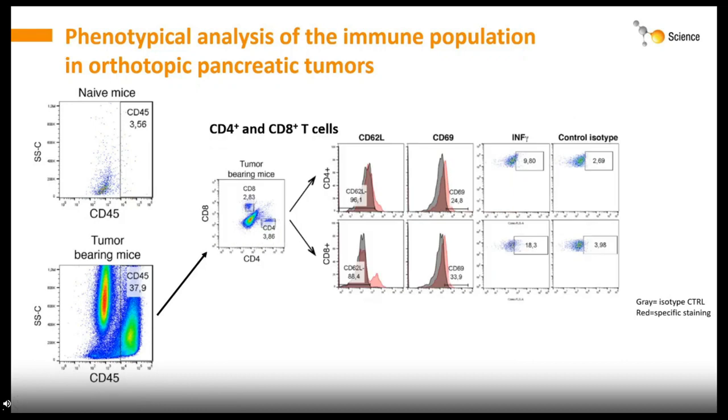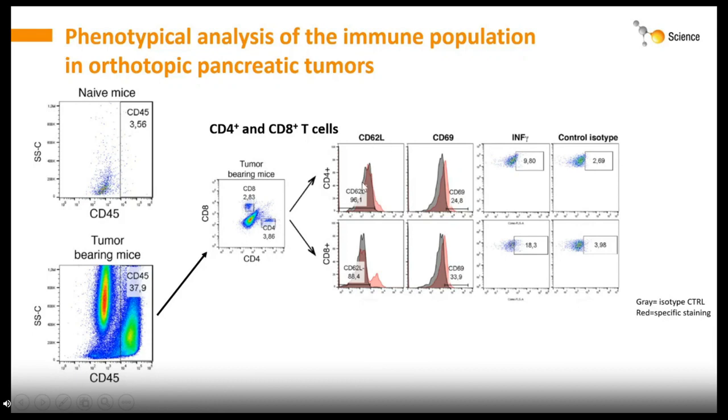We then analyzed the recruitment and the activation of the CD4 and CD8 T cells. A low infiltration level was observed in the tumor, around 3% for CD8 plus cells and 4% for CD4 plus cells. We assessed the activation state of these cells and show that T cells downregulate CD62 ligand and upregulate CD69. More than 88% of the intratumoral CD4 and CD8 from PDAC strongly downregulate the